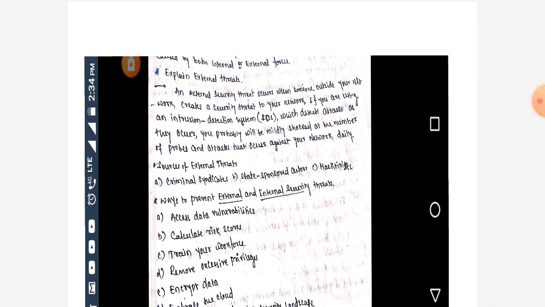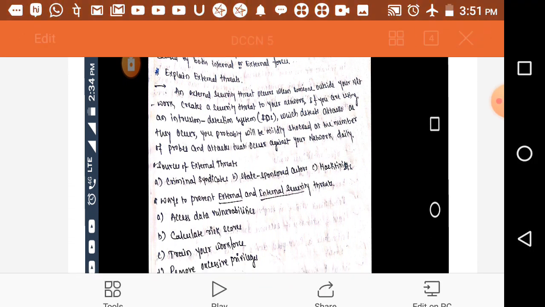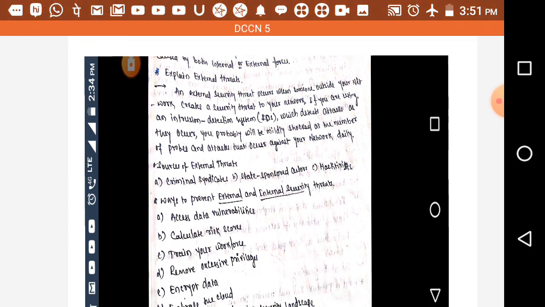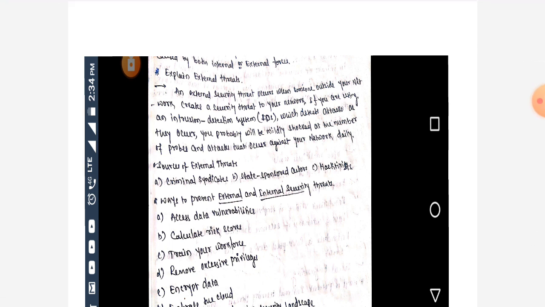If you are using an intrusion detection system, IDS, which detects attacks as they occur, you will probably be mildly shocked at the number of probes and attacks that occur against your network daily.